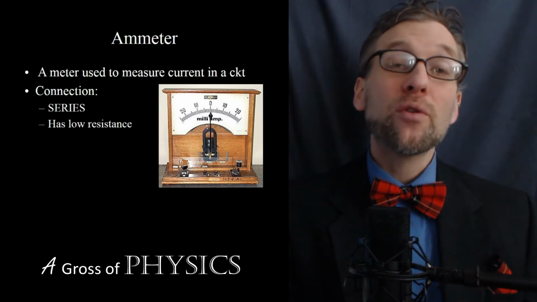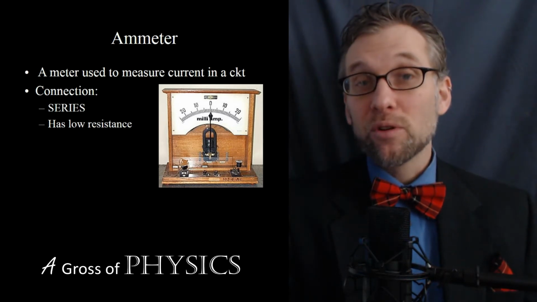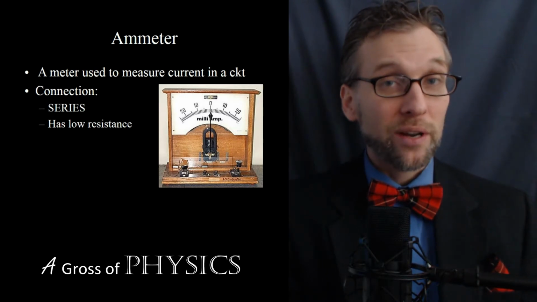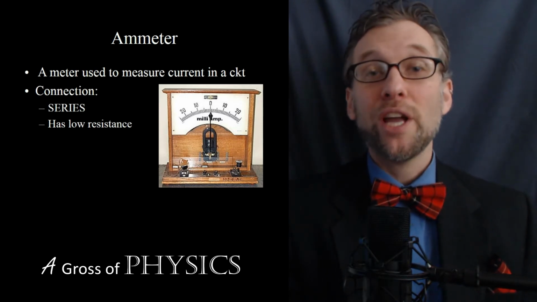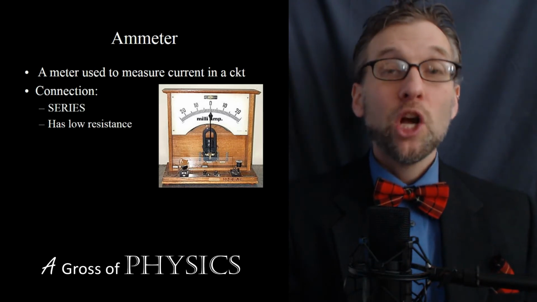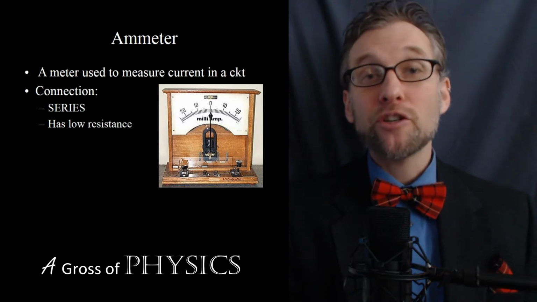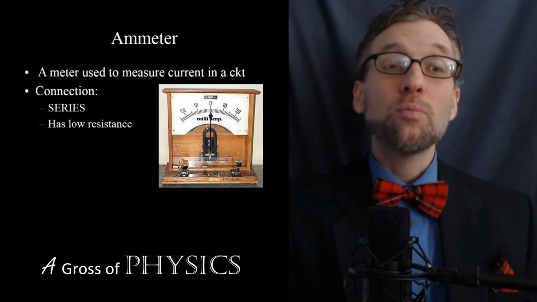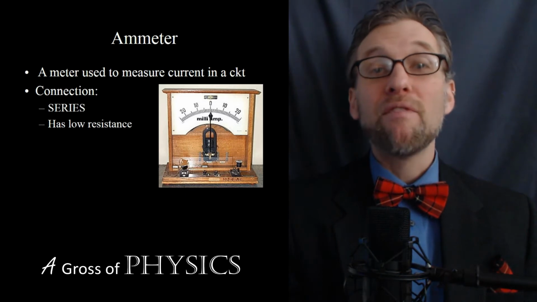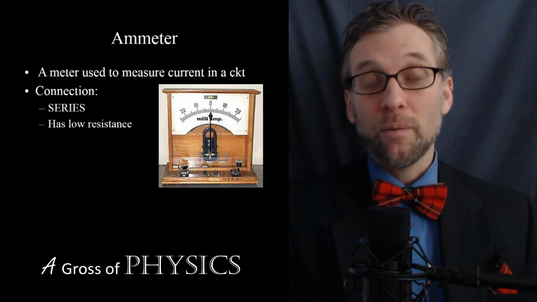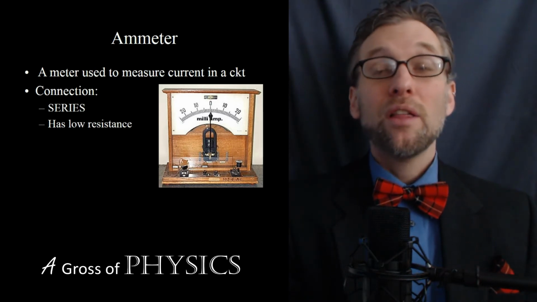Now, when we're measuring the variables or values of a specific component, for example, in this case, the current, we're going to want to have a situation where we don't change the values of the component. So we want the meter to be able to measure without affecting the circuit. So the way we do that is by setting the ammeter to have a very low resistance value. We take the ammeter and have the resistance as virtually zero,